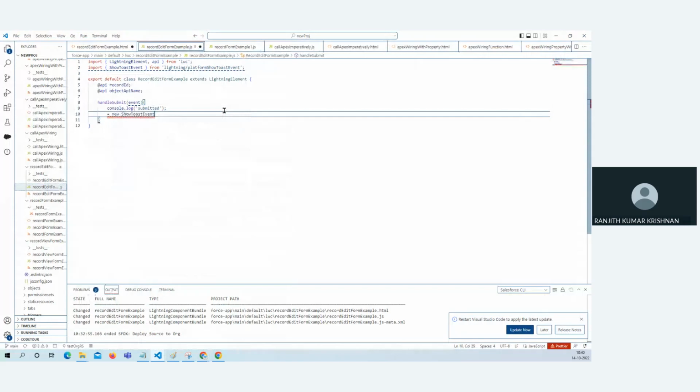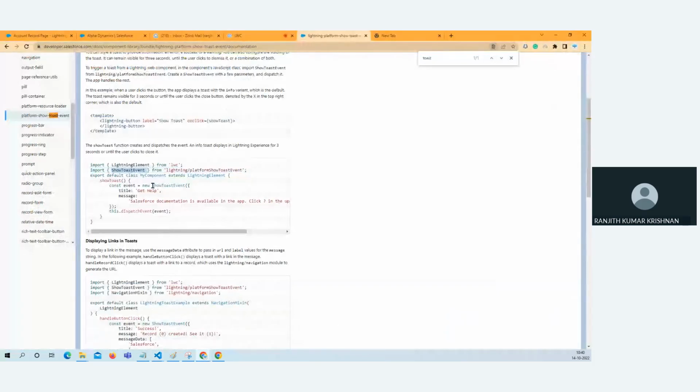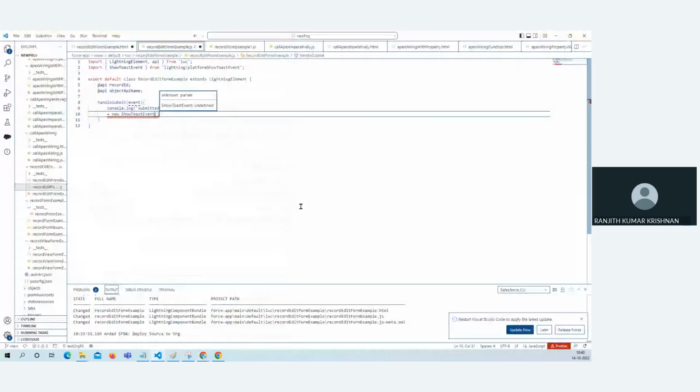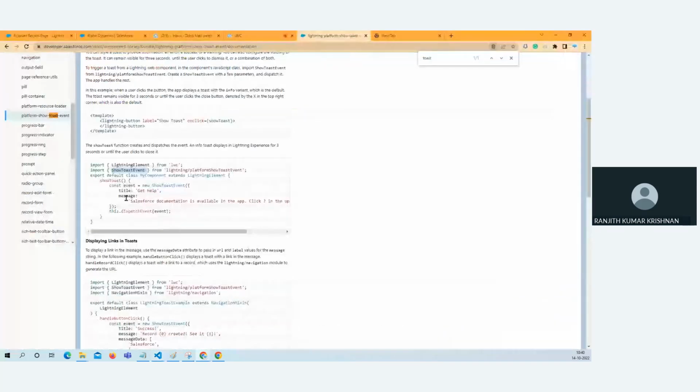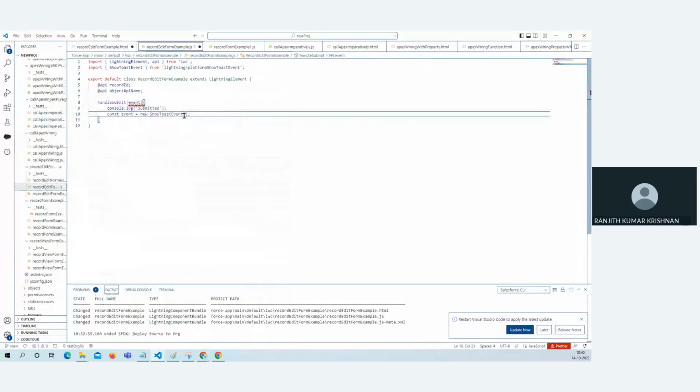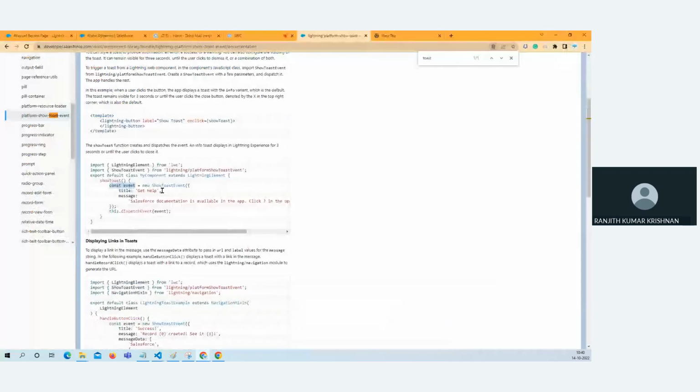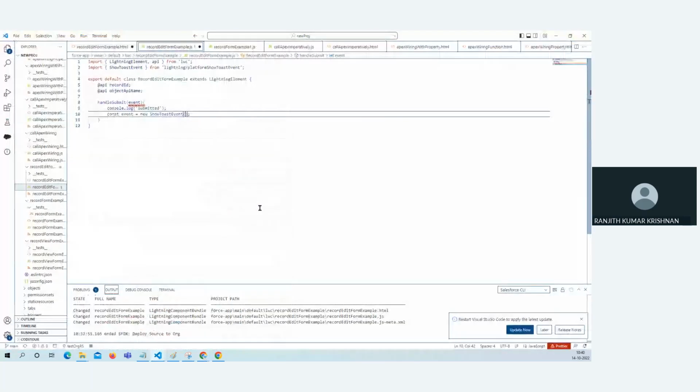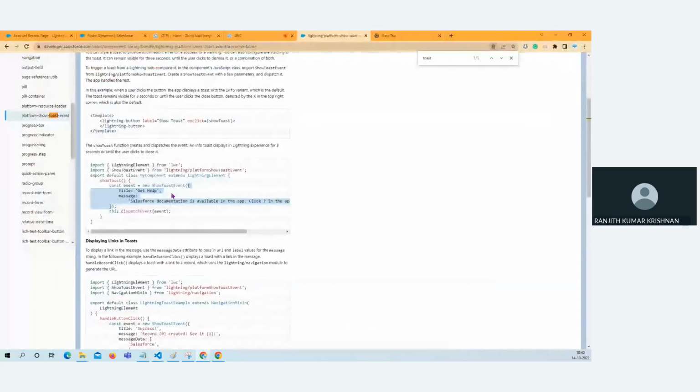Whatever name you imported. That's how we usually fire the event, and it will have a parameter. These parameters are in the form of JSON. So you are going to pass the parameters necessary to display a toast message, the title. So if you see here,